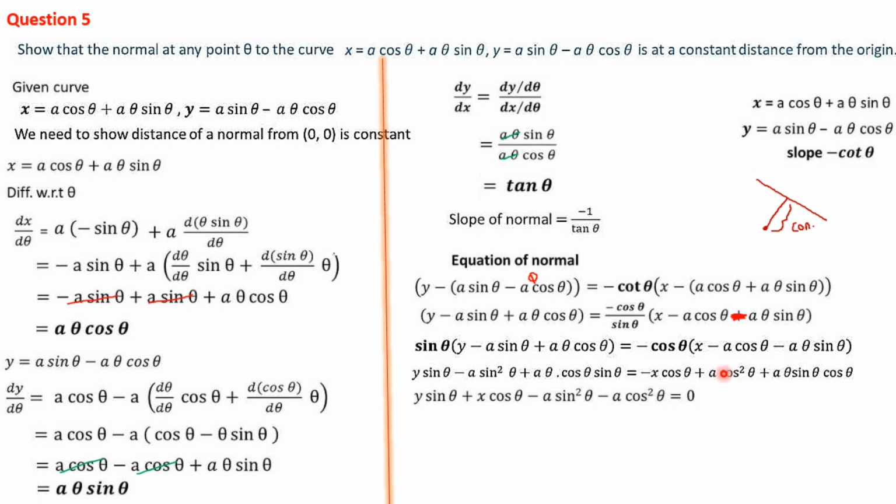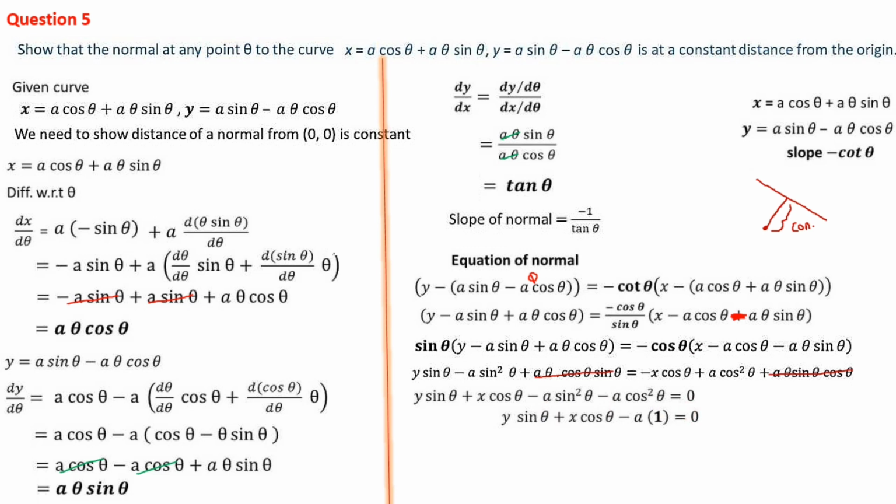When it comes to the left side, it is minus a cos square theta. And there are two like terms on the left hand side and right hand side. The same sign is there, because of that we can cancel it. So a theta cos theta sin theta, here also a theta sin theta cos theta, both are the same terms, so we can cancel it. So the balance we bring all together to one side equal to 0.